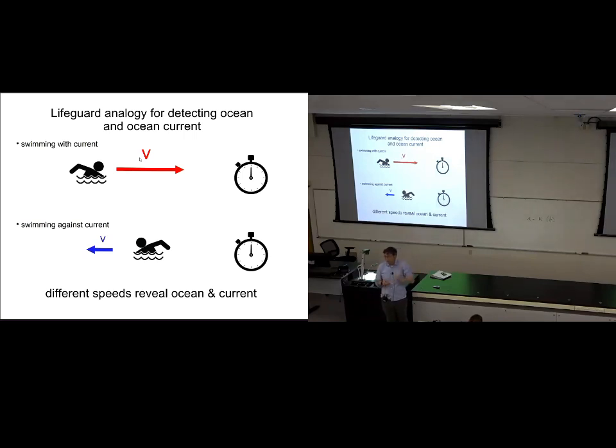And so this is an analogy, where the lifeguard proves the presence of the ocean and the current in the ocean based on their motion with respect to the ocean. We're going to prove the existence of the ether by our motion through the ether and measuring the speed of light. The problem with it,